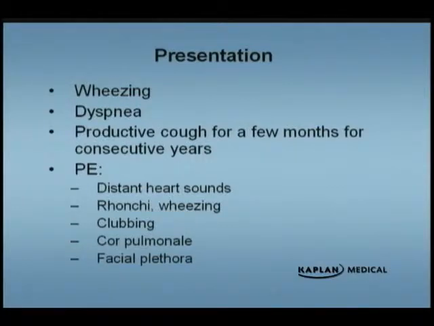Now that's a big, big deal, because once a patient develops cor pulmonale, their morbidity and mortality increases exponentially. So that's a big deal, to try to prevent cor pulmonale from pulmonary hypertension, and we'll talk about that in a little bit. And the last thing that I put down here, because they may ask you a question about that,